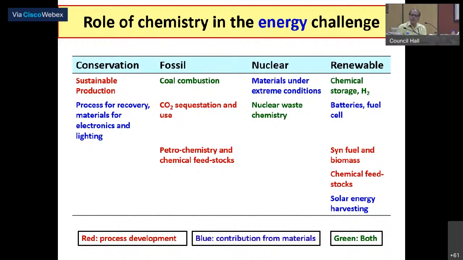In case of renewable energies, hydrogen technology, now the Government of India is giving a lot of emphasis. So we have to make materials for hydrogen generation, hydrogen storage, hydrogen transportation, batteries, fuel cells, syn fuel, biomass. Solar energy harvesting is another very interesting area wherein a lot of work can be done. This course is designed to teach you fine aspects of many of these things which I have compiled in this